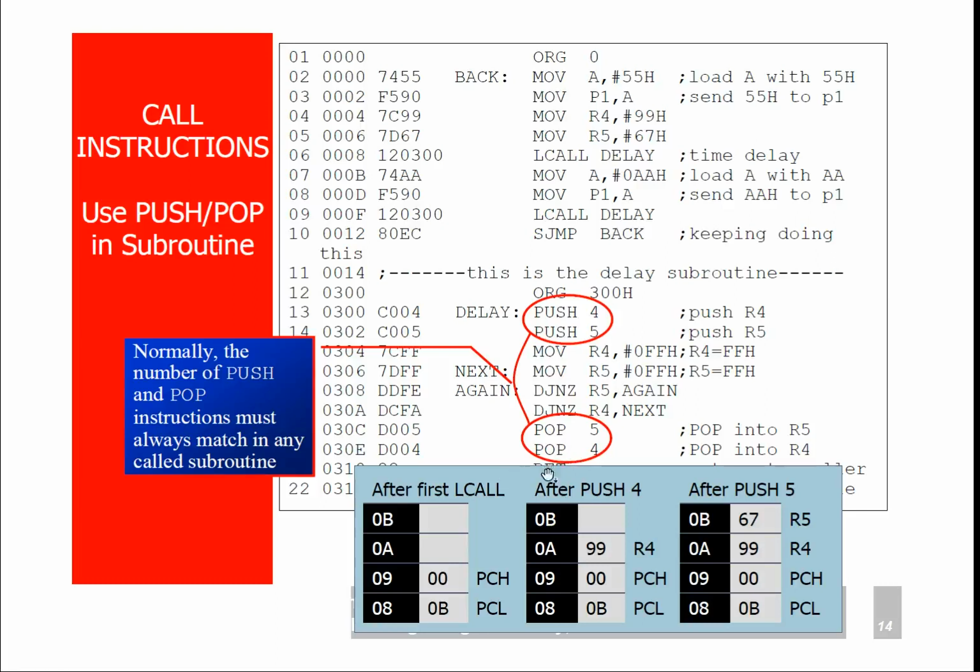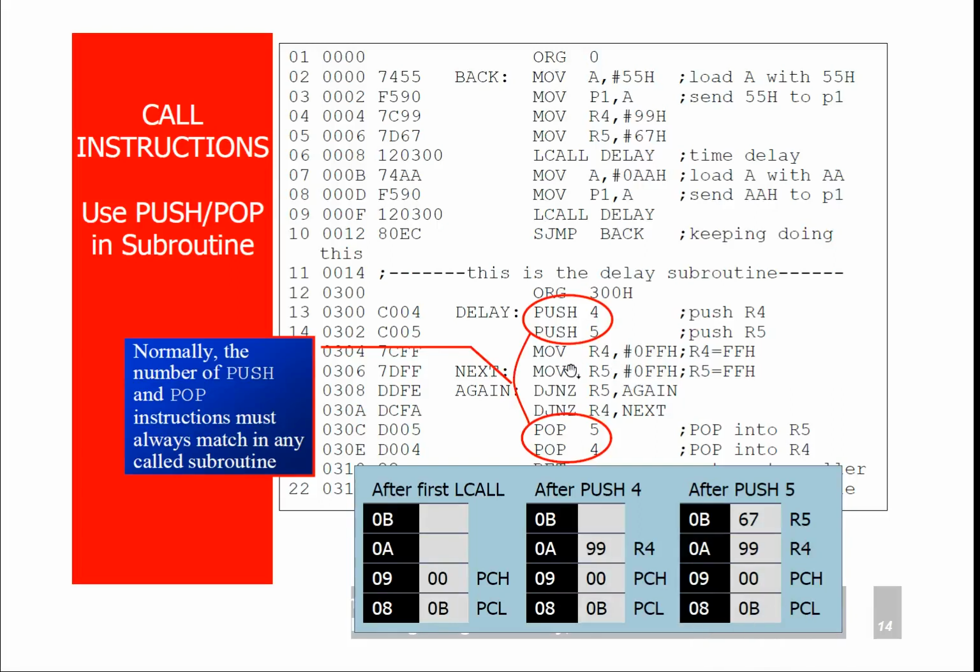On the execution of this RET instruction, the stack pointer is pointing to the 09th location, so it retrieves the 00 to the PCH, and it decrements the stack pointer by 1 again, so it is pointing to the 08 location, and then it retrieves the 0B to the PCL, and then it decrements the stack pointer. That means now the stack pointer is pointing to the default value 07.